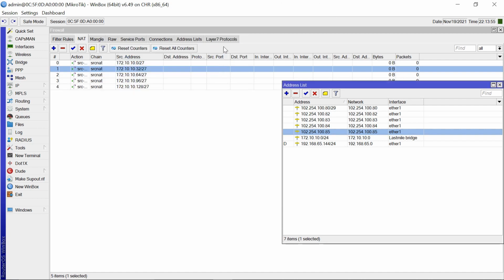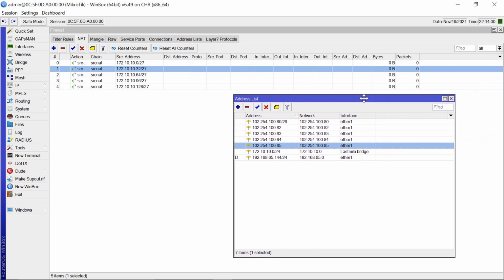Apply. Okay, so basically what this does is that each and every